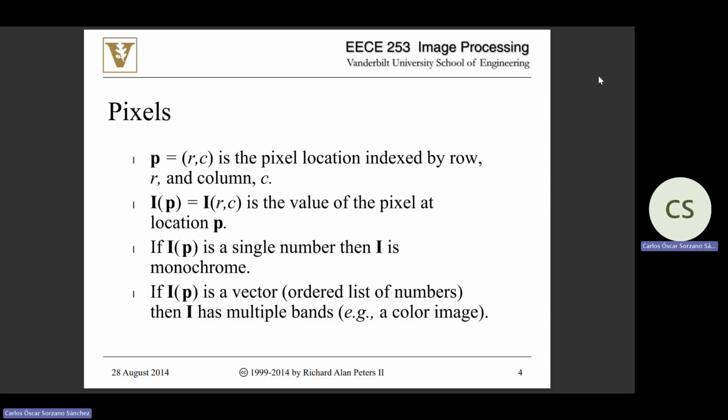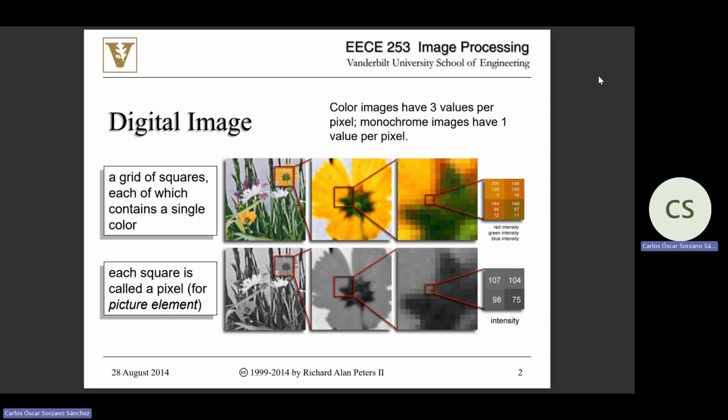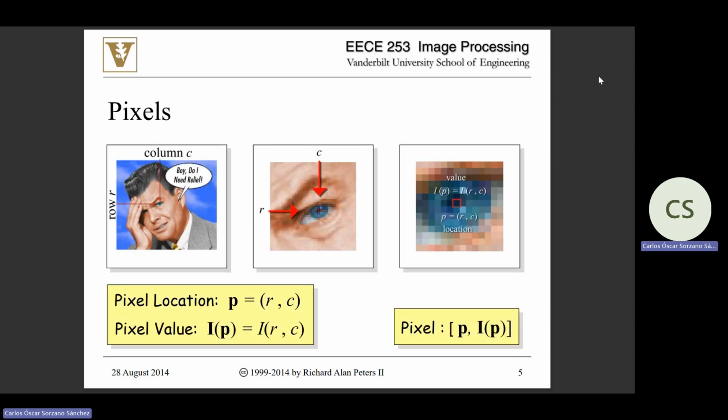So if it is just a single value, then it is a gray color image. If you have multiple values, you have a color image. Okay, so this is another representation of the same idea. Here are the rows, here are the columns, where you specify which row and column you refer to, and then you can say the image at this row and column, that location,